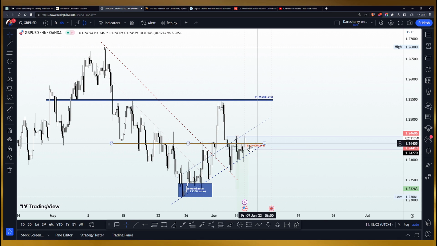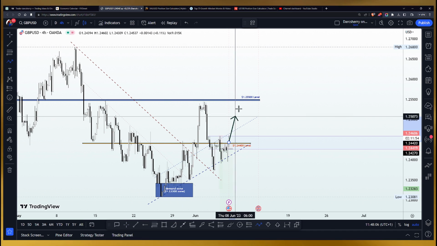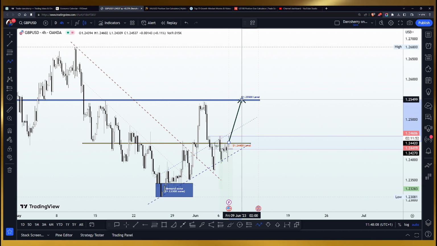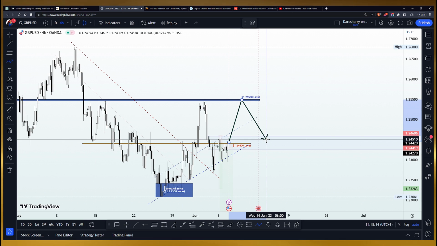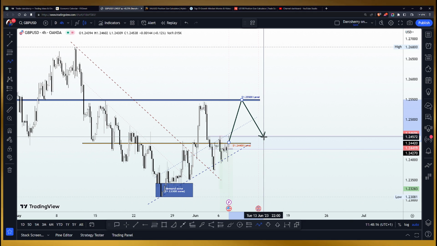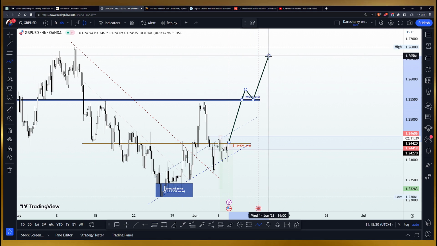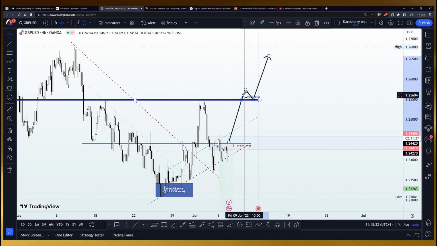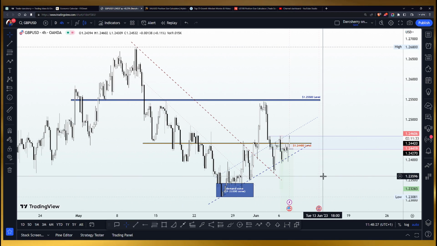So if price action proceeds and continues into that level, how price action reacts to the structure will determine if we are going to be selling, that is, if we start seeing selling pressure below that structure, or if we are going to be buying, if we start seeing a breakout of that area. So this is how we are going to be taking advantage of a buy position on the GBPUSD for today.